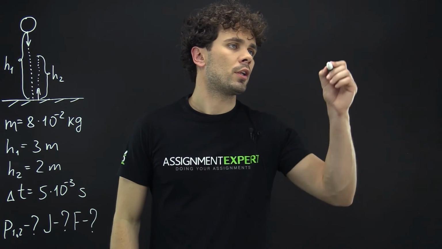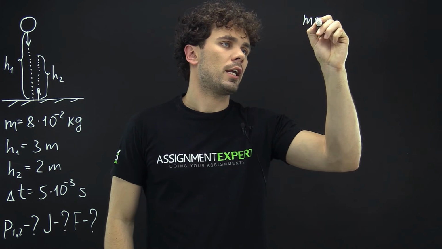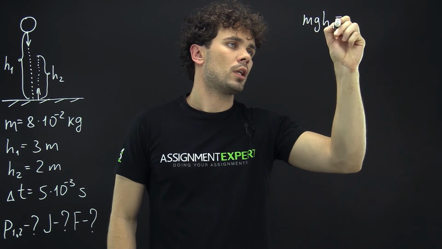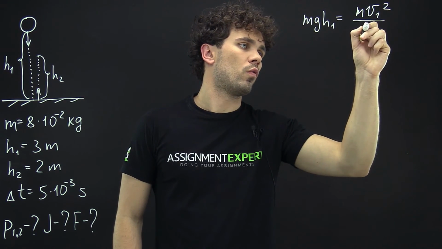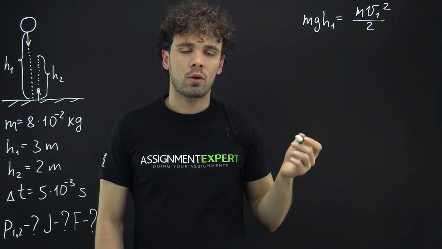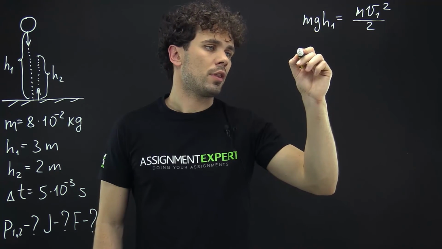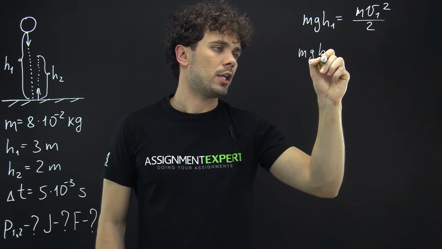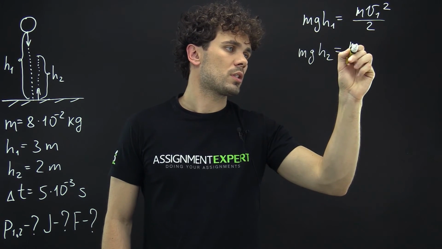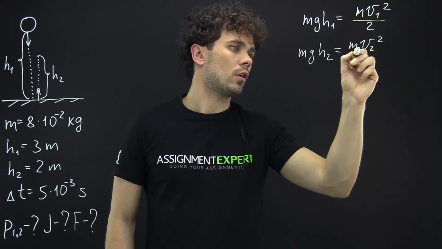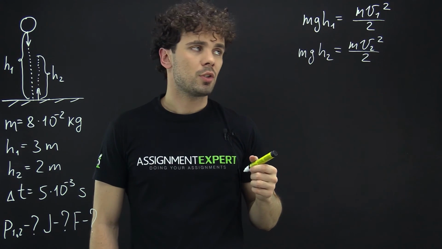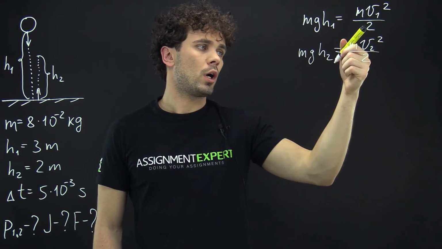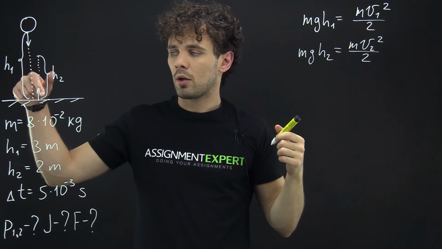The first one is mgh1 equals mv1 squared over 2. This is for the downward movement. And for the upward, we have mgh2 equals mv2 squared over 2. Now, from these two equations, we can find the speed of the ball v1 and v2 for the downward and